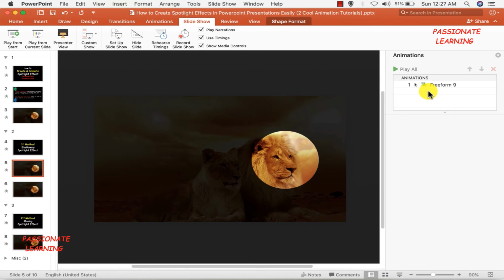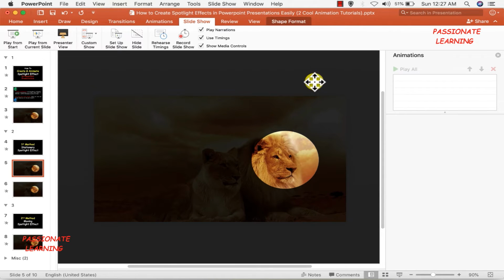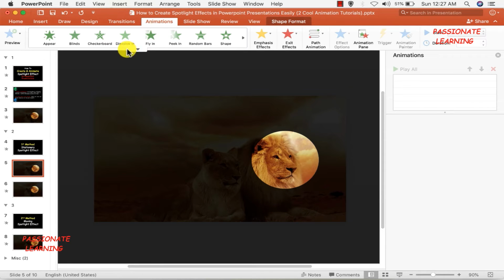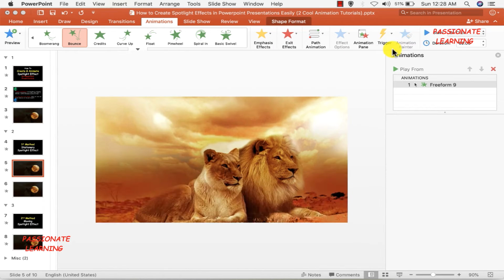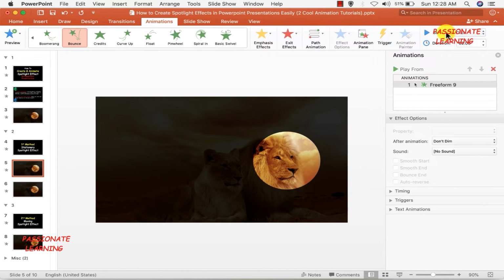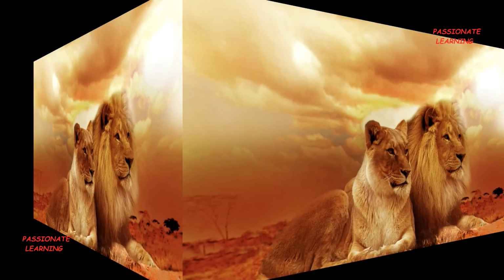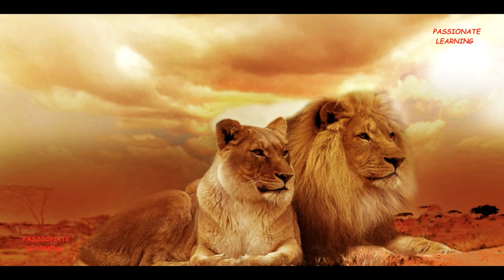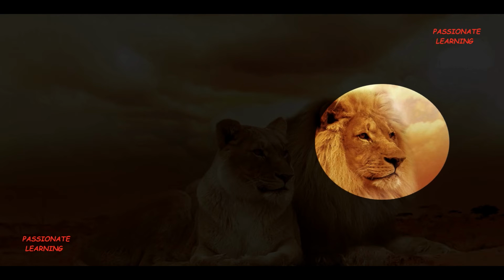So friends, let us see one more beautiful animation effect for this particular slide. Let me delete the previous one and then select the outer rectangle, come over to animations pane, and let me select a particular animation of a bounce animation this time, like this. Again, it should be starting on click, the duration can be 3 seconds, and then let us play the slideshow from the current slide. And I press the enter button now. So this is a particular example of a bounce animation. So let me now come back.